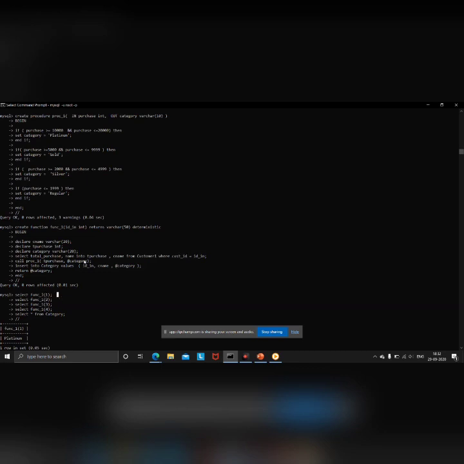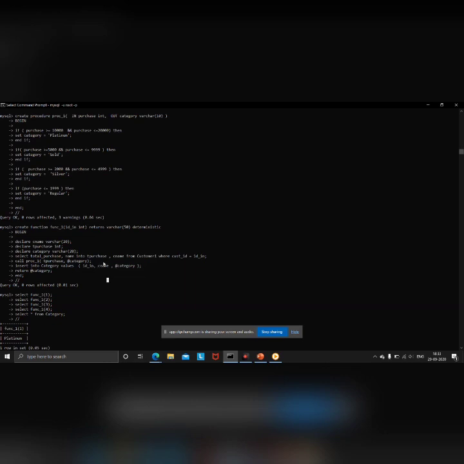So when the values are fetched in T purchase and CNAME, I'll be calling the procedure by the call procedure command, and I'll be passing the purchase amount and category. After I call this procedure, it will be returning me the category as per the amount which is being passed.